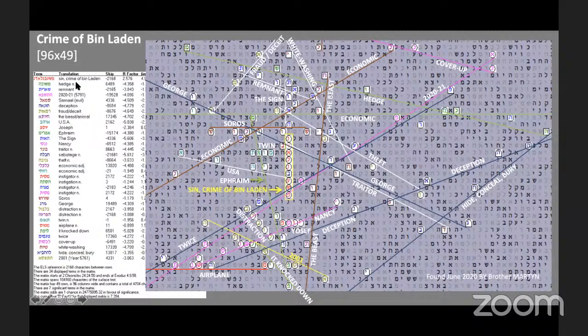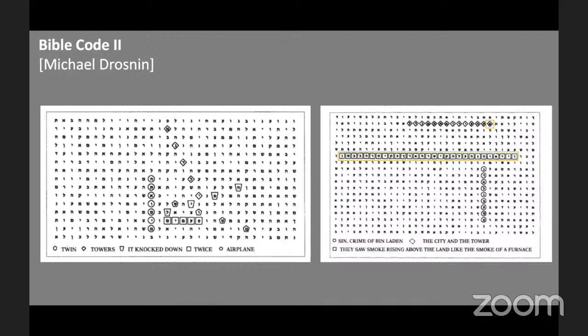So this paints a different picture. Michael Drosnin just had 3 or 4 terms that say, hey, that event was in the Bible code. Well, this tells you a little bit more about the event and who might be implicated. And in fact, Tracy, when you did the analysis of Revelation, starting with Reagan and then sort of 7, you were doing that whole analysis. If you keep looking at these tables for Michael Drosnin's 9/11 tables, right? These are the terms I was just showing you: it knocked down and twice and airplane.